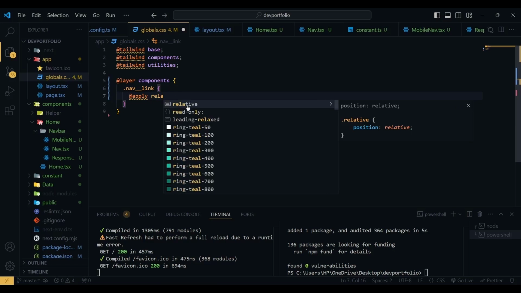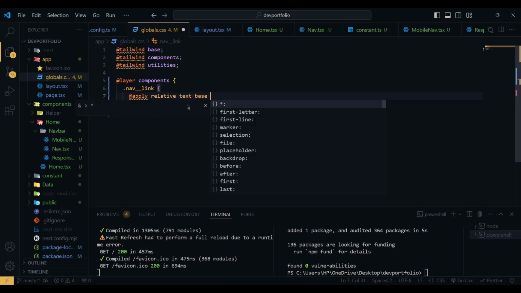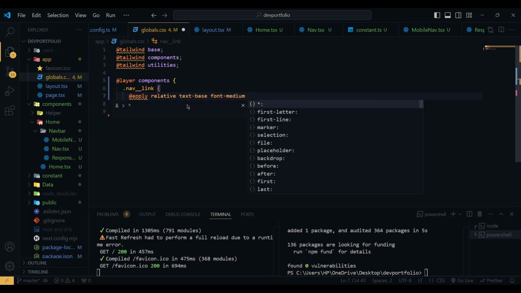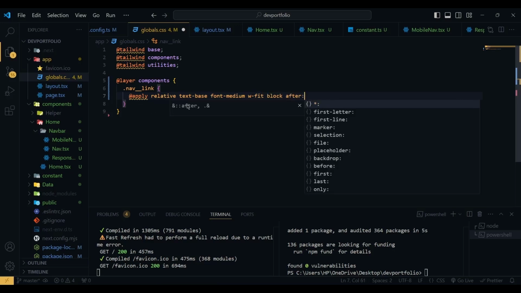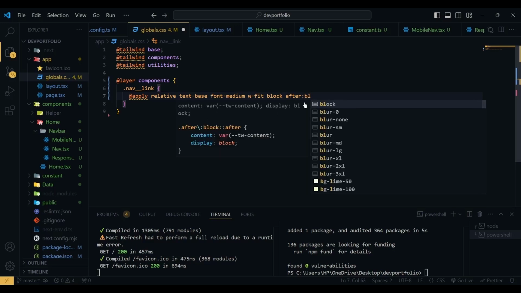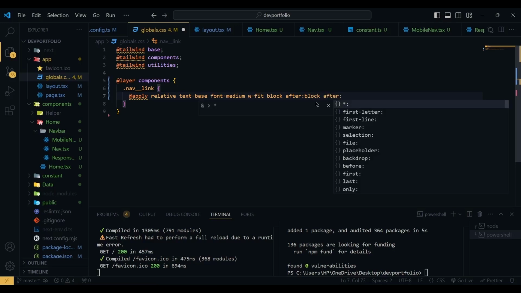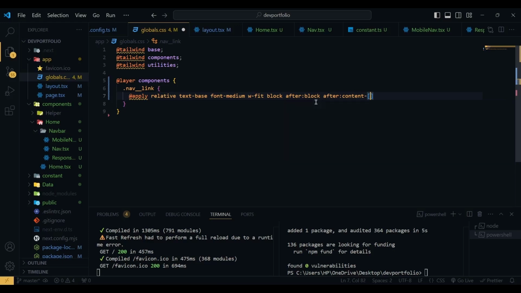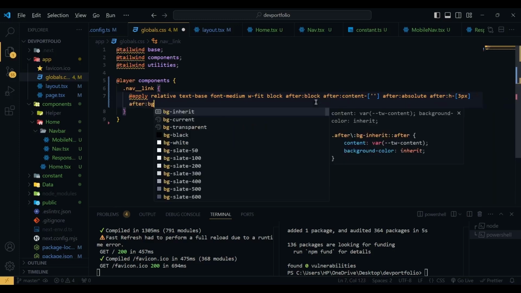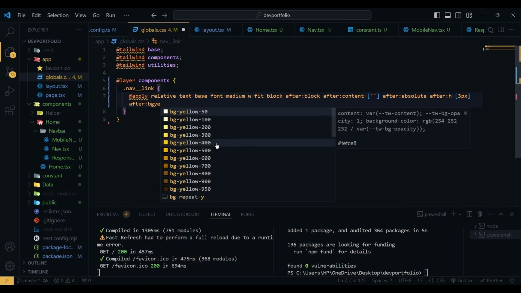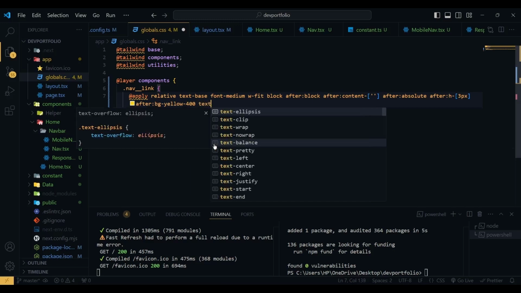So first one is relative, then we have text-base, font will be medium, width will be fit, it will be block, after it will be block, then after the content will be empty, after it will be absolute, after the height will be 3 pixel, after the background will be yellow 400, text will be white,